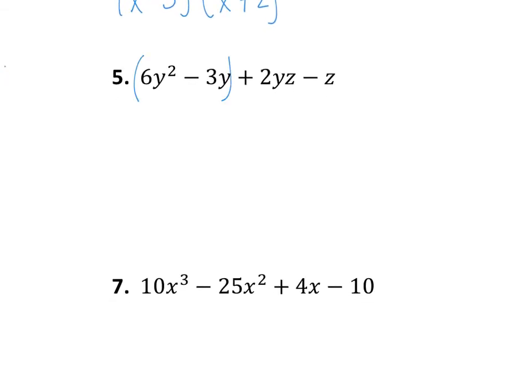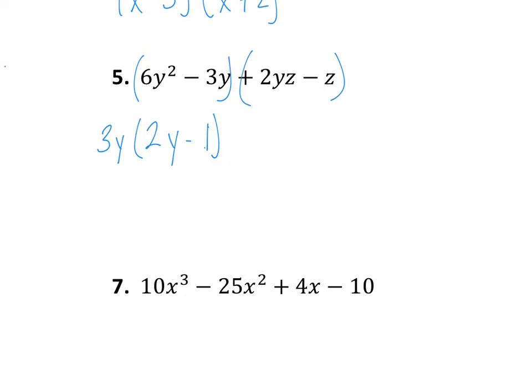Group and group. We see a positive here that makes us smile for at least now. It looks like 3y. That's our greatest common factor here. This will turn into 2y minus 1. Okay. Greatest common factor over here,